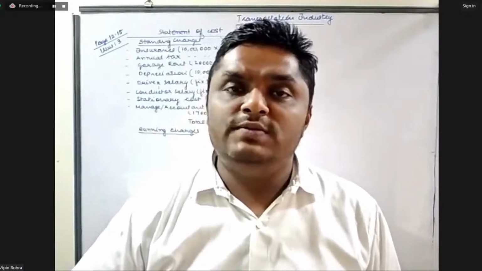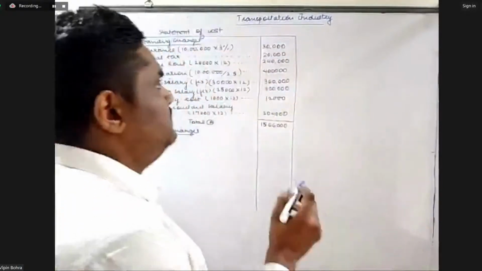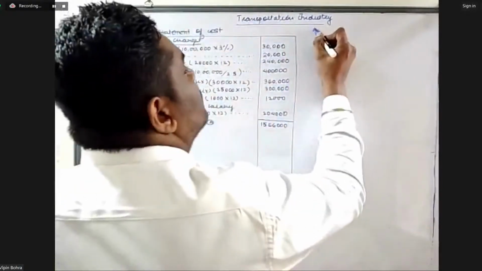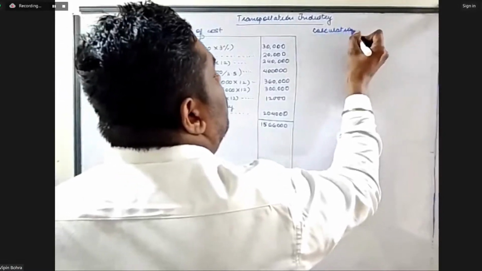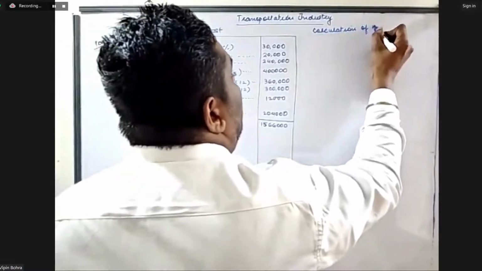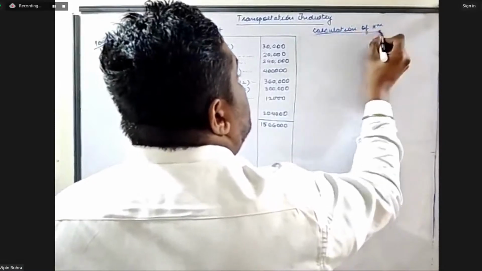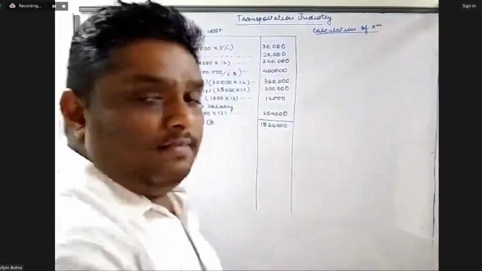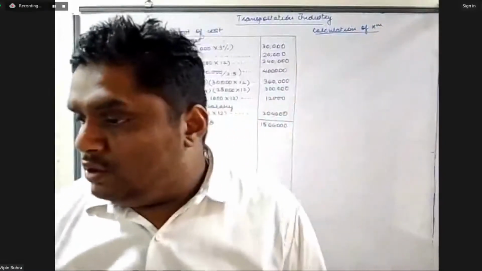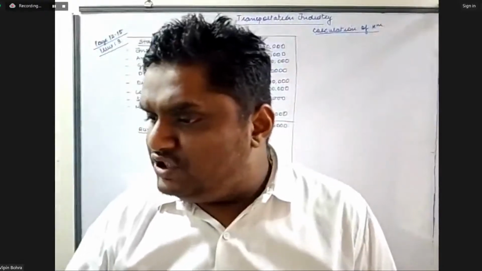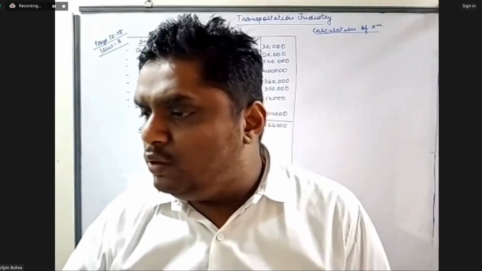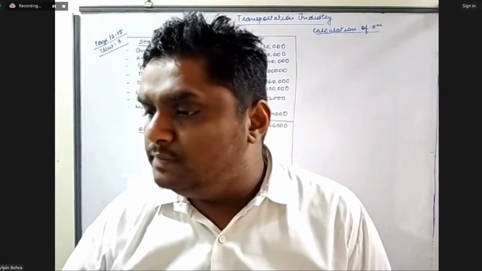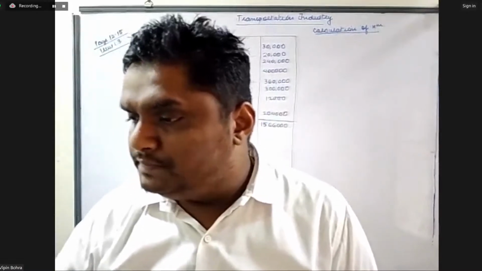So we have to first calculate the number of kilometers. Herein it is given in the question, the ABC Transport Company has been given a route of 40 kilometers long